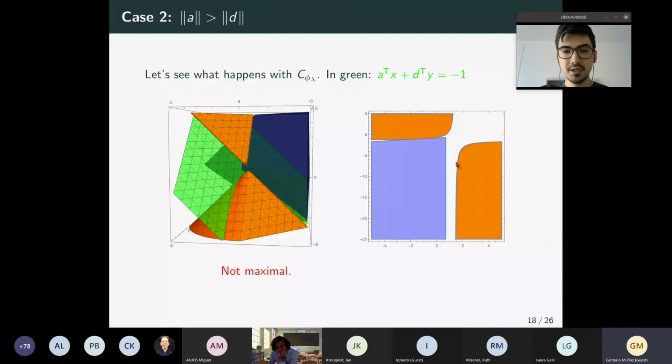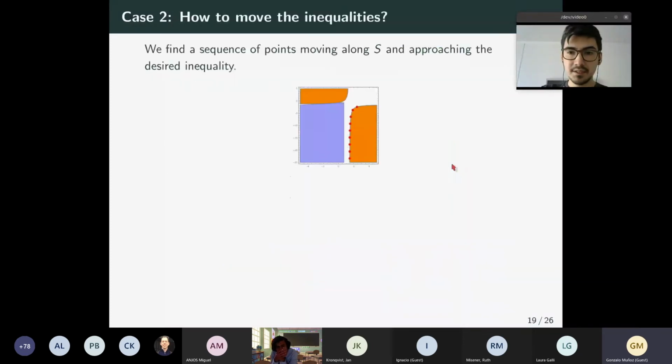As you can see, it's not maximal. I can grow this set. But it seems that the slope of this is fine. It seems that we only need to translate this inequality, and we will be able to get the maximal S3 set. And that's exactly what we did. What we did was find, because doing this analytically is a bit harder, for each one of these sort of bad inequalities, which are the inequalities that are not really touching the set S or close enough,